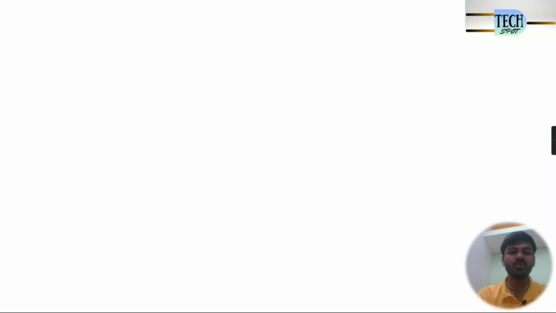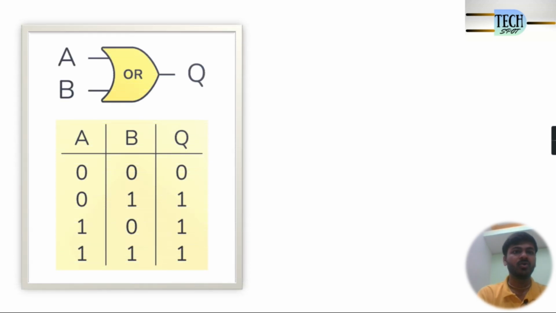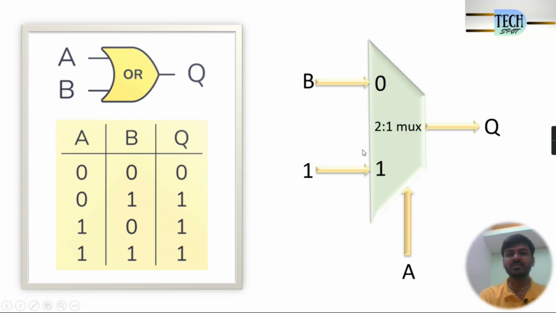Now guys, we are going to implement the OR gate. You can see the truth table of the OR gate. What it tells is, if any input is high, the output is high, otherwise the output is low. So to implement this OR gate, we'll draw a 2:1 mux. Here you can see the 2:1 mux, which has one select line, two inputs and one output. As we know the working principle of the 2:1 mux, based on the select line it will transmit an input to the output